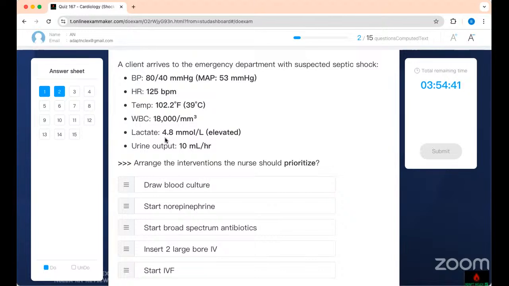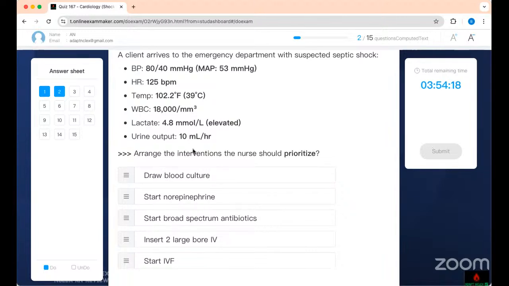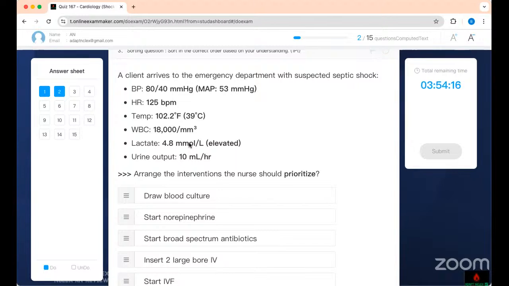Lactate is elevated in infection. Your lactate will tell you how much perfusion the cells are getting. If it's very high, that means it's hypoperfusion. I told you it's elevated. Urine output is low. All of this is consistent with the individual being in septic shock, right? Now, what do you want to do? These numbers are there to trap you. I give you the answer. I say suspected septic shock, and I give you a bunch of words just telling you the patient is in septic shock. Don't see the question and run away.